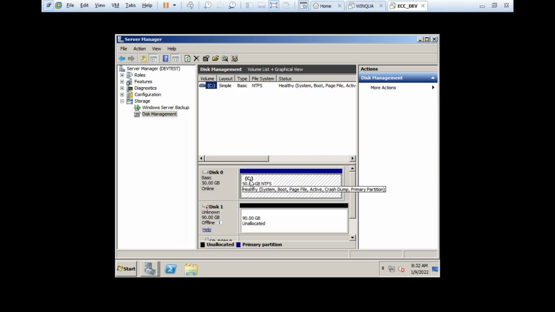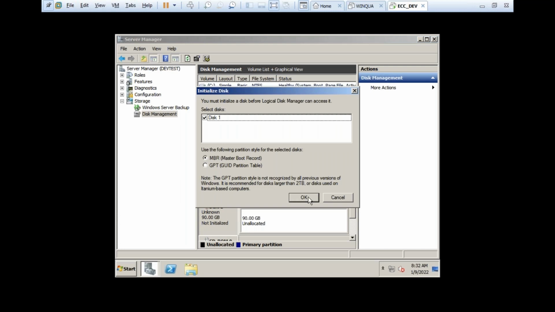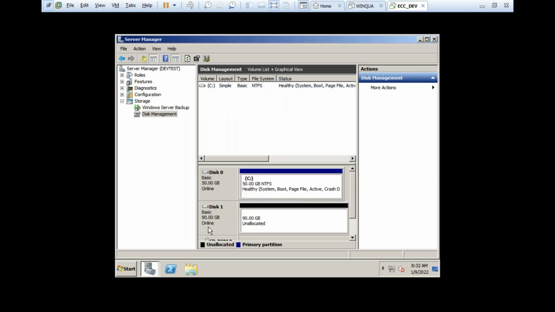See, 50 GB, 90 GB. First thing you have to see is that it is offline, make it online. Then it is not initialized. Right click and initialize. Okay, now it's online.